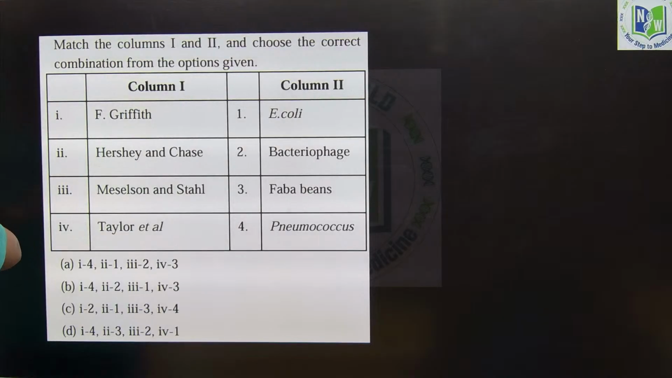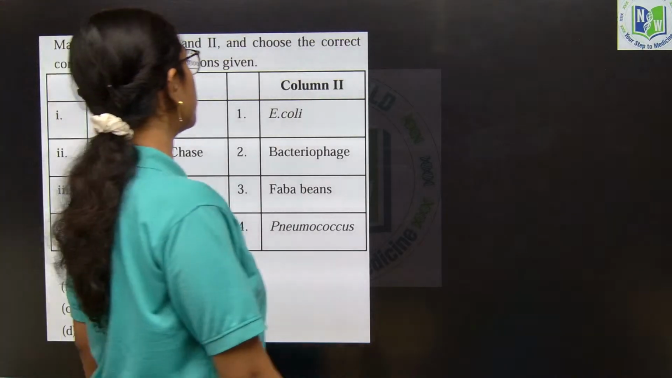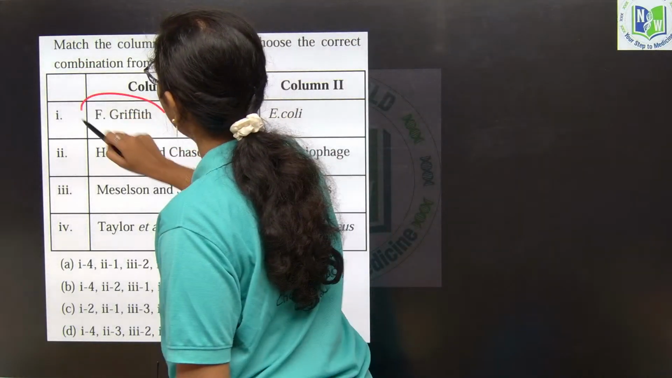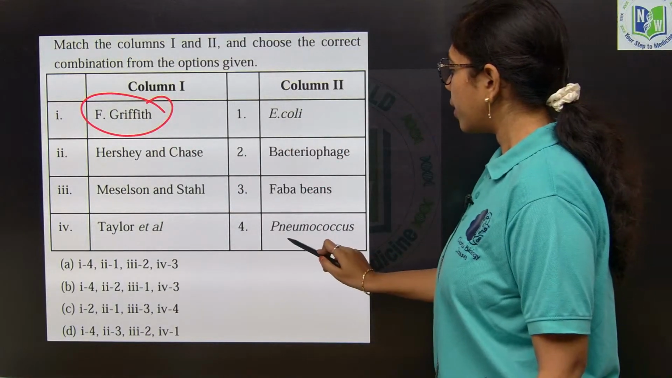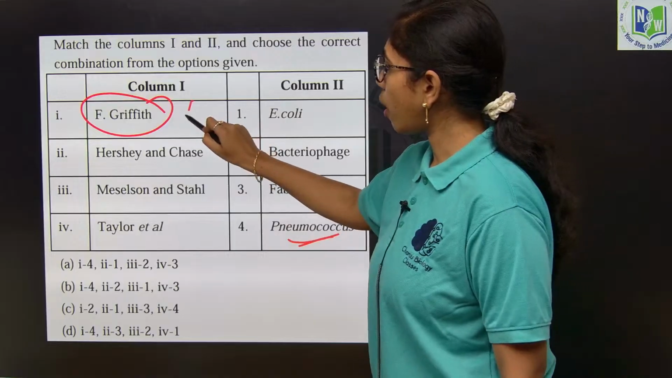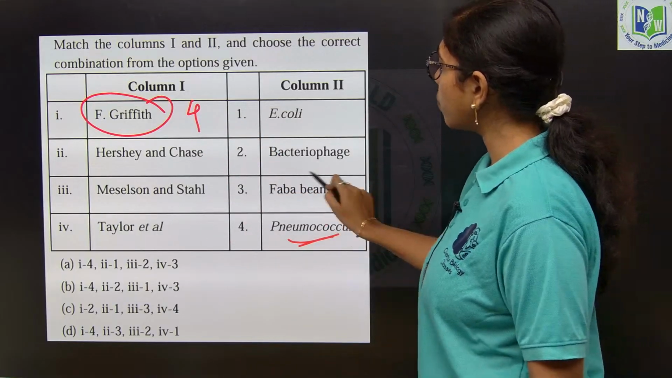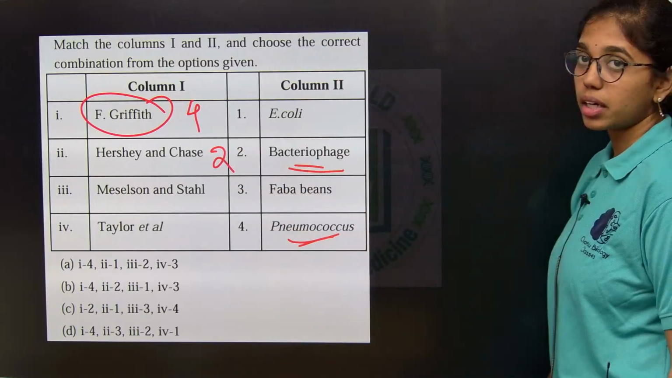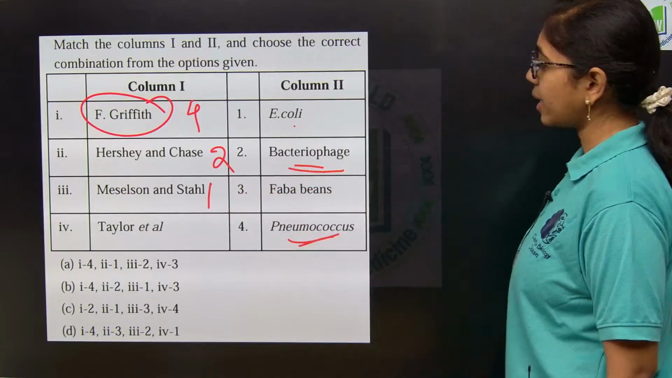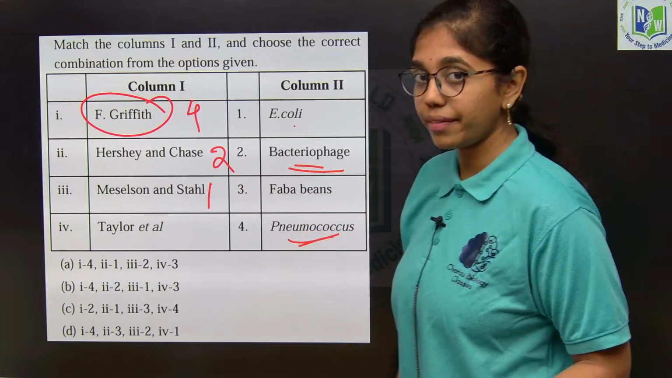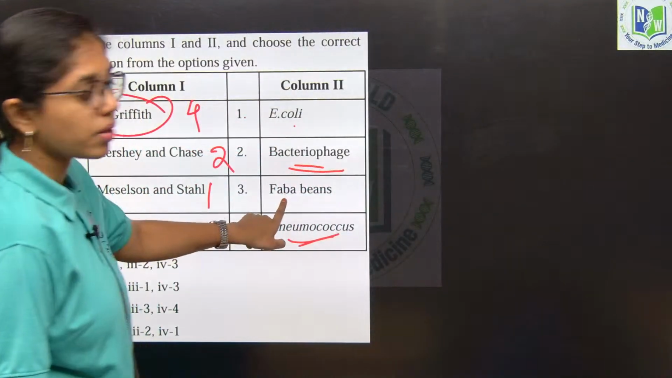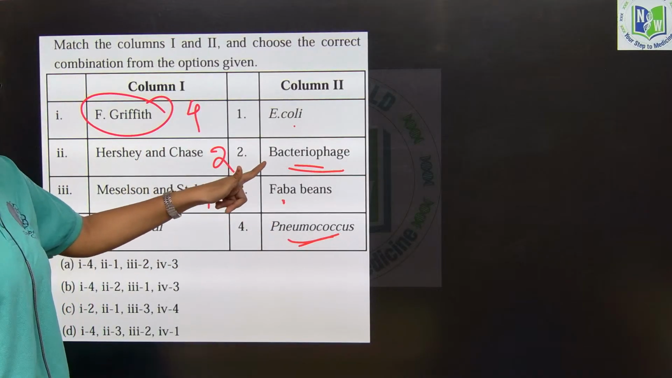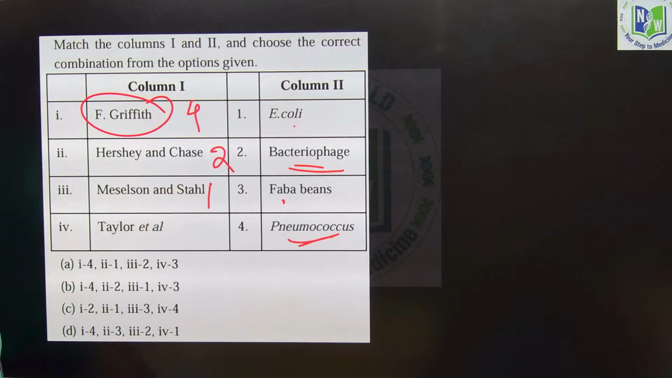Fine. And here if you see, match column 1 and column 2. Choose the correct combination from the options. Frederick Griffith has worked on Streptococcus pneumoniae, which is option 4. Hershey and Chase worked on what? Bacteriophage, which is option 2. Meselson and Stahl's experiment on Escherichia coli. Taylor et al. gave the experimental evidence on eukaryotic cells, experimental evidence that DNA is genetic material. Taylor et al. worked on faba beans, that is option